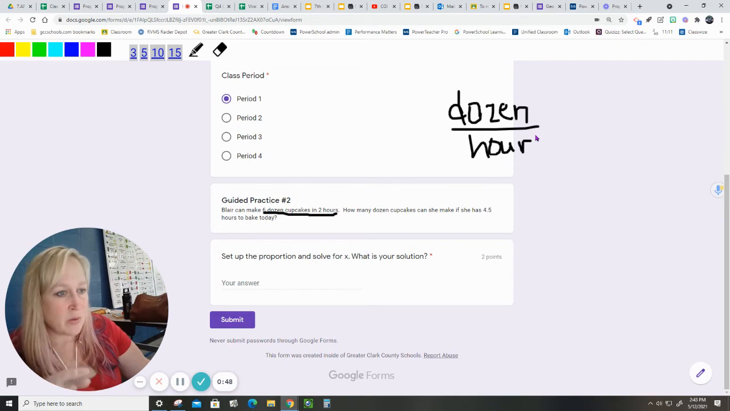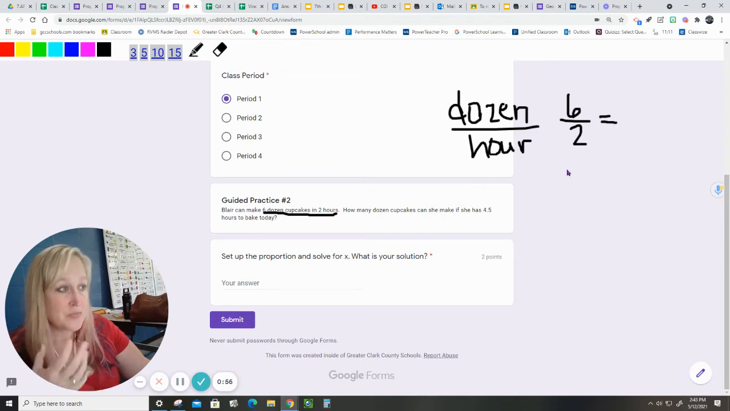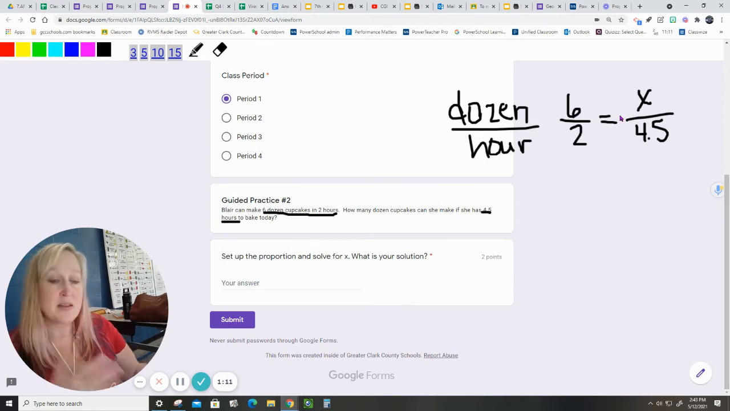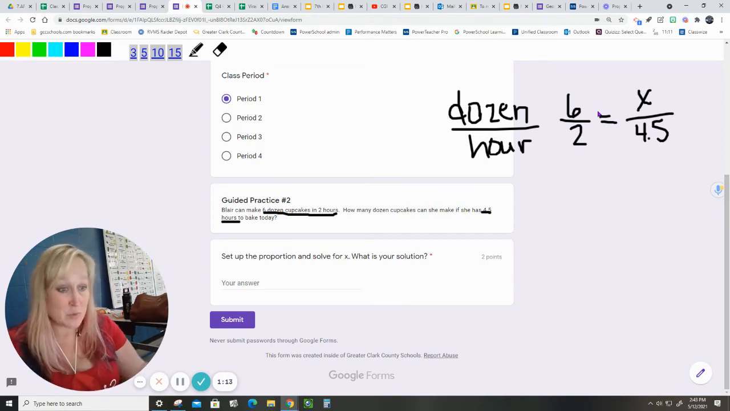And so now I want to set up my proportion, which would be 6 dozen for 2 hours should equal the same ratio as if she has 4.5 hours. So since hours is on the bottom, I got to keep the 4.5 as the denominator on the bottom as well. We don't know how many dozens she can make. Now that I've set up my proportion, which is what it says to do in step 1,